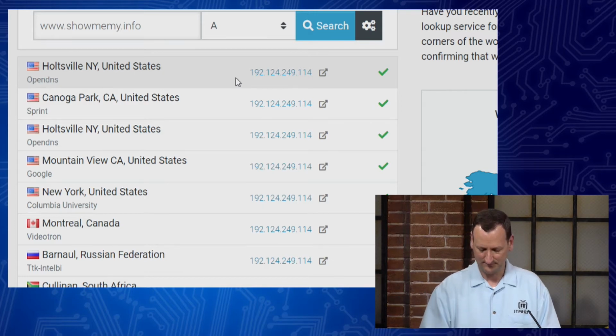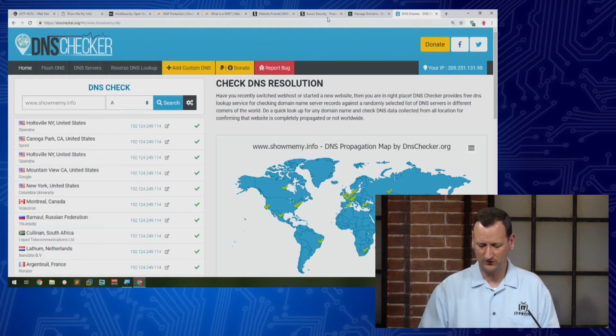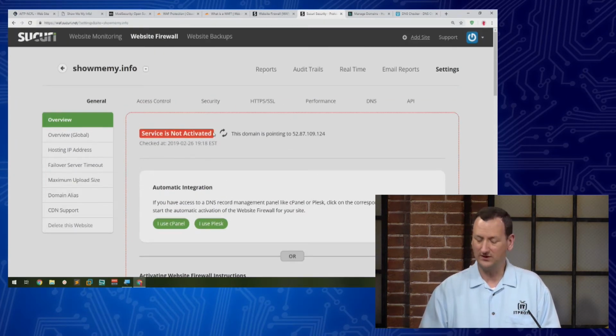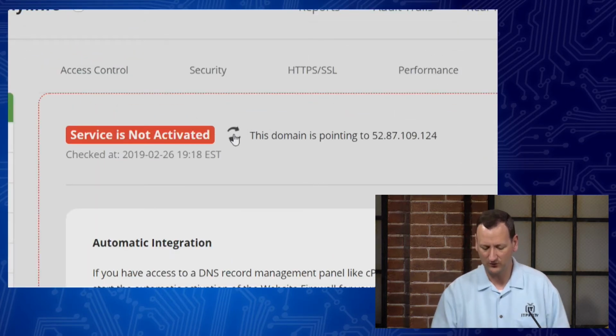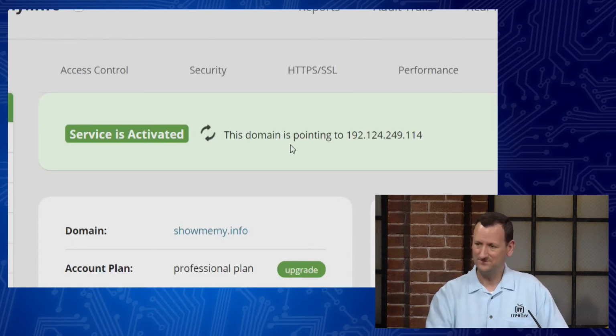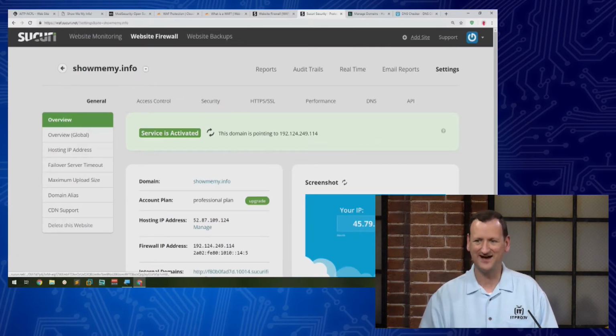And at that point, now they should be passing through the firewall. And actually, Security will check that for me. Let me go over to Security. And back here where it was telling me service not activated, right, and telling me the domain is pointing in the wrong place, I should be able to refresh that. And they're going to do a lookup on their end, and that should pass. There we go. And so now it shows that it passes,